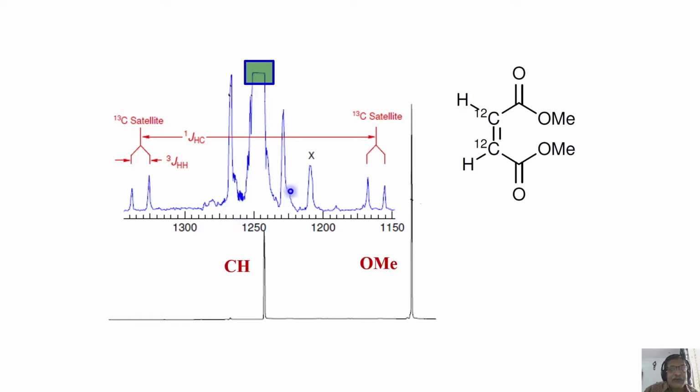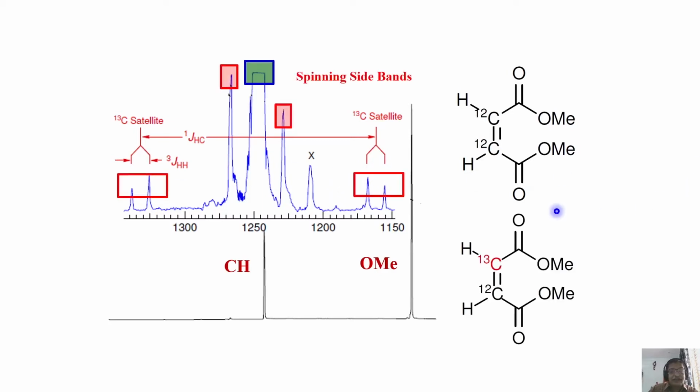Then you see some other things. Forget about this and this, what comes because of some side bands, spinning side bands, etc. This is an impurity. See, when you want to see 1% of intensity of the peak, quite likely sometimes you might see impurities, other peaks. But apart from that, if you carefully analyze, you see there are two peaks here. Why are these two peaks coming? This is because now we are looking for carbon 13 of the molecule.